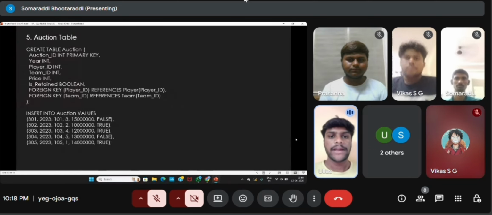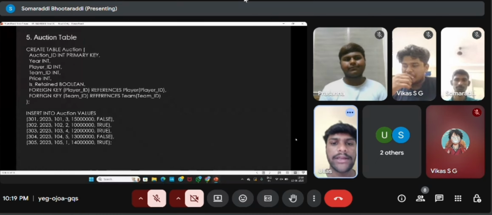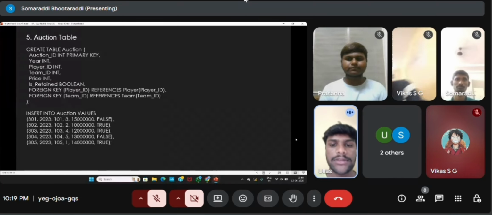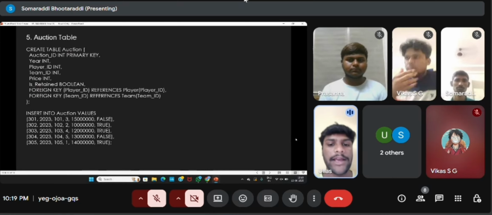The topic is IPL data management, the auction table. This table tracks data related to a player auction for a team in a specific year. The auction ID, data type int, primary key, is a unique identifier for each auction record, and the year, data type int, is the year in which the auction took place. Player ID, data type int, refers to the player being auctioned. Team ID, int, is a reference to the team that owns the player, and the price, data type int,